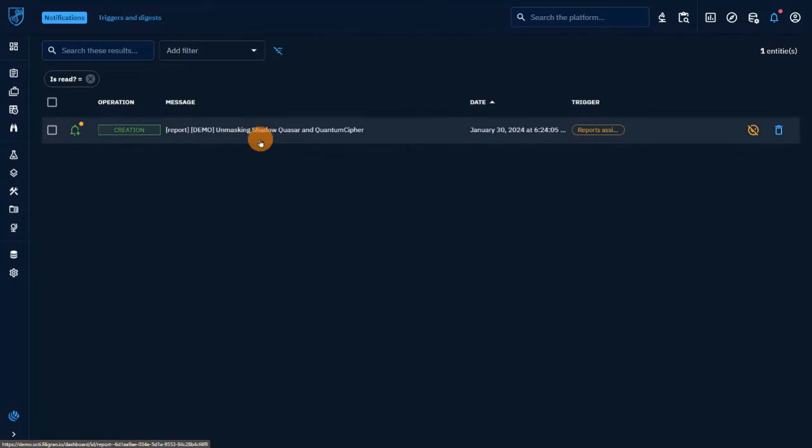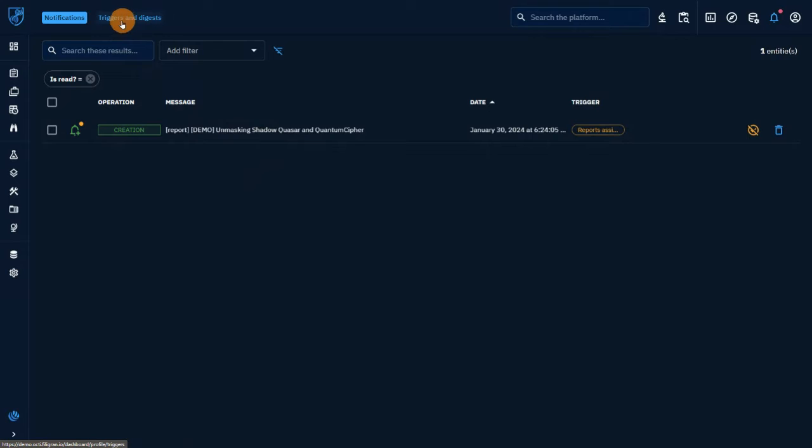So when I click on the icon, I can see in the OpenCTI user interface the notifications that were generated for me. But what happens if I am not logged into my OpenCTI platform? How then can I keep track of these notifications? And how do I tell OpenCTI what is and isn't important to me? I'll show you how